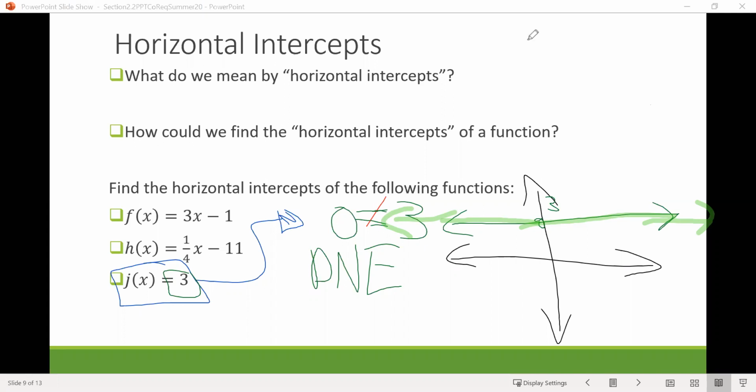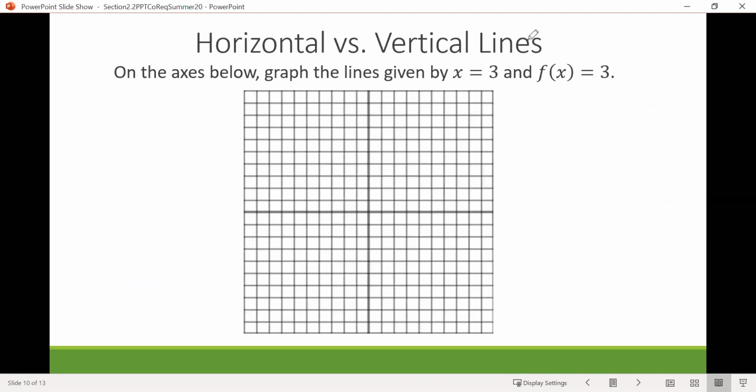Okay, let's next talk about horizontal versus vertical lines. And we're asked here on the graph axes below to graph the lines given by x equals 3 and f of x equals 3. Well, the second one there,